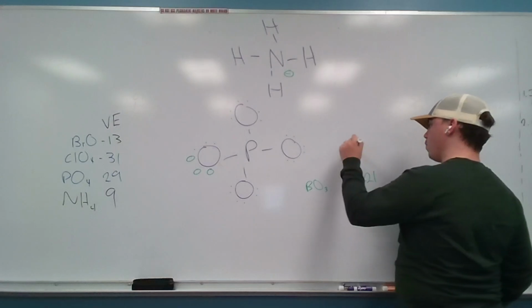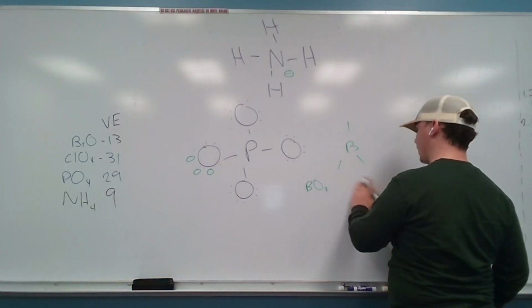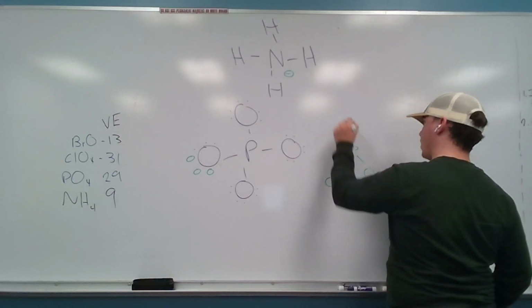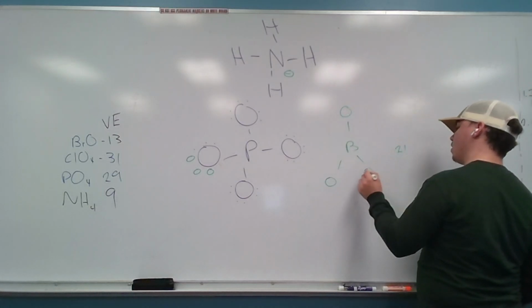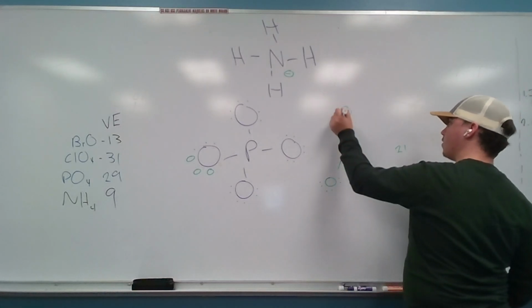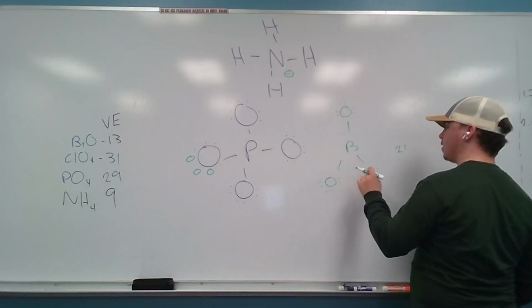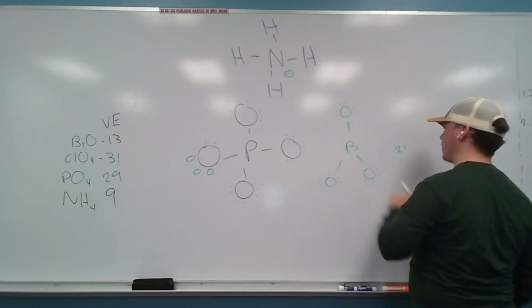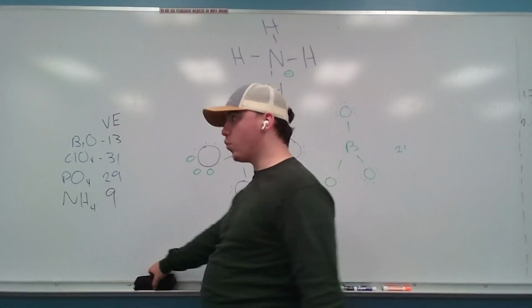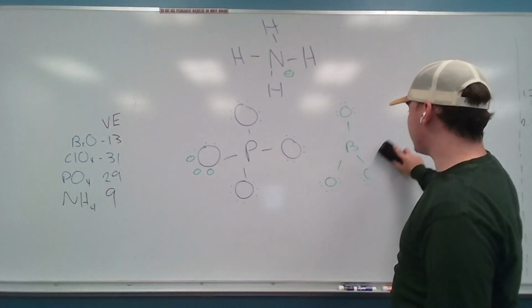So, check this out. Boron, I really hope I got the element right. BO3, 21, 1, 2, 3, 4, 5, 6, 1, 2, 3, 4, 5, 6, 1, 2, 3, 4, 5, 6. That's 18, plus 1, 2, 3, 4, 5, 6. Wait a minute, something's wrong. I think this is an ion. Okay, that example didn't work,